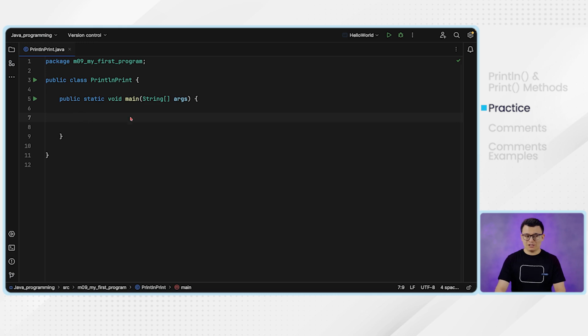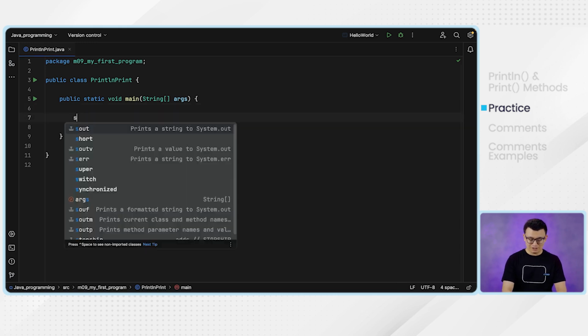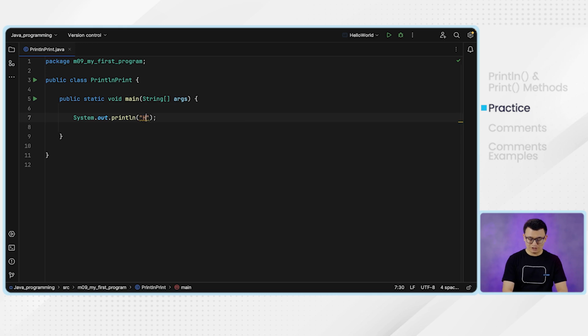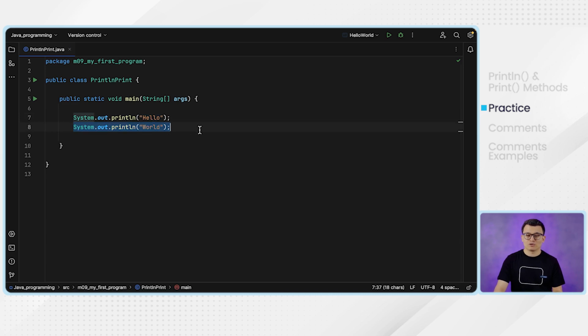So suppose that here I have this print statement that is printing hello. Okay, and I also have another same print statement that is printing world. Now what will happen? This print statement prints the hello in the first line on the console. And then after printing this hello, what will happen? This print statement is going to append a new line. Okay, so